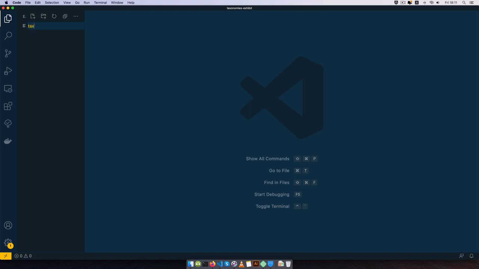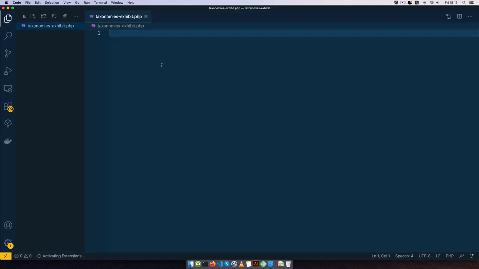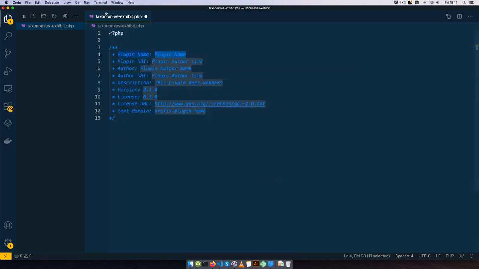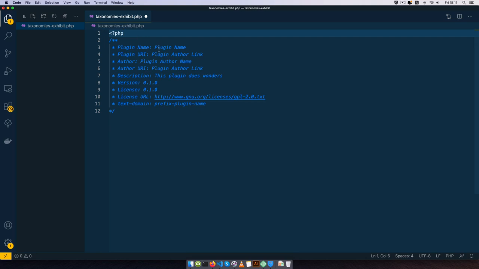So I'll say taxonomies-exhibit, and I'll make it a .php file, then I'll use my start plugin shortcut or snippet that will help me fix all these things that I need to. So for the plugin name, I'll say Taxonomies Exhibit, and then I'll change the author URI link to my GitHub,